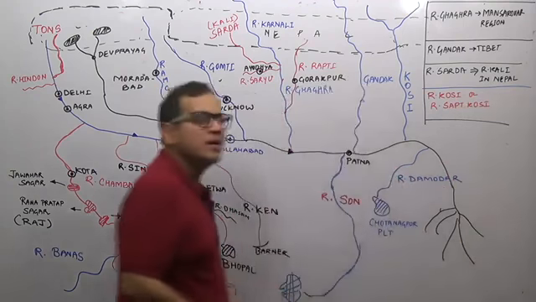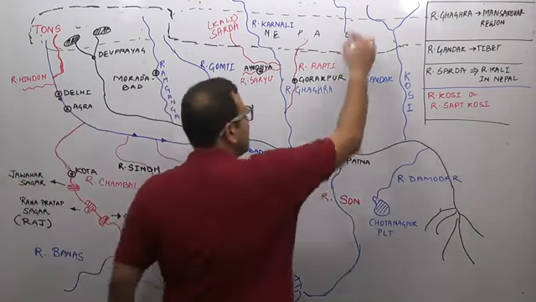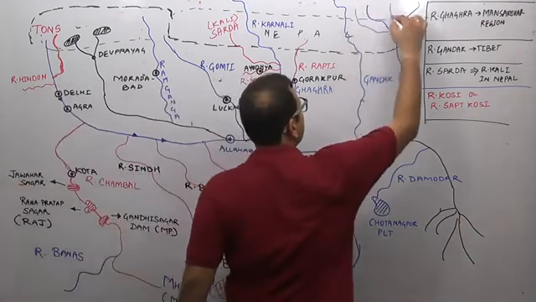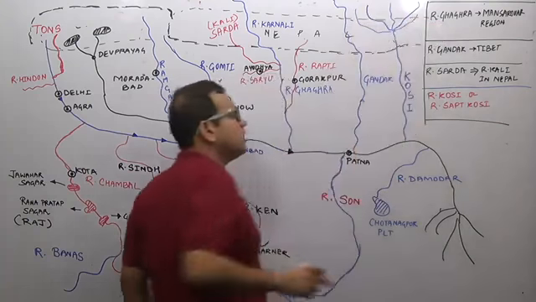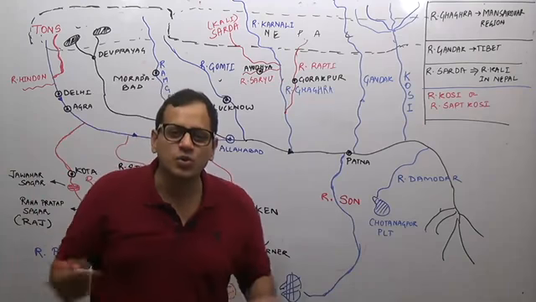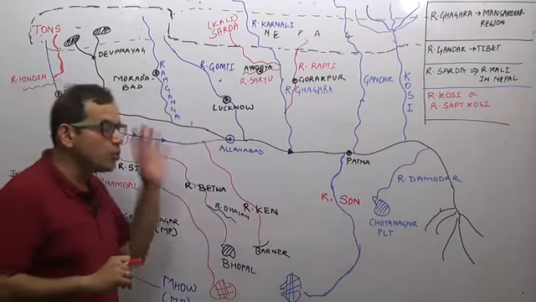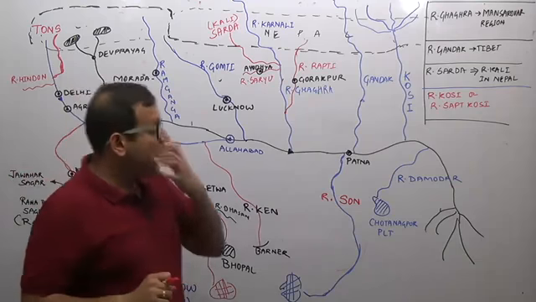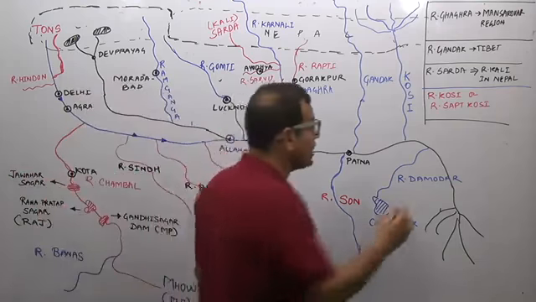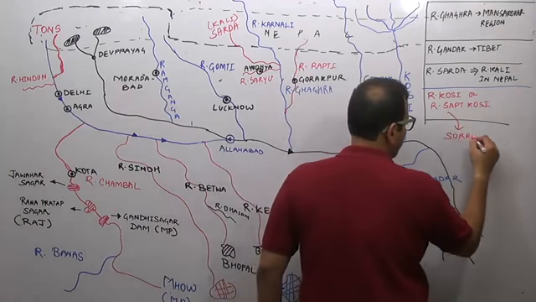Why Sapta Kosi? Because it is made up of 7 different head streams, like the Ganga river is made up of 2 head streams. What are these head streams? You do not have to do that in detail. You just remember River Kosi enters India, and River Kosi is known as the sorrow of Bihar.